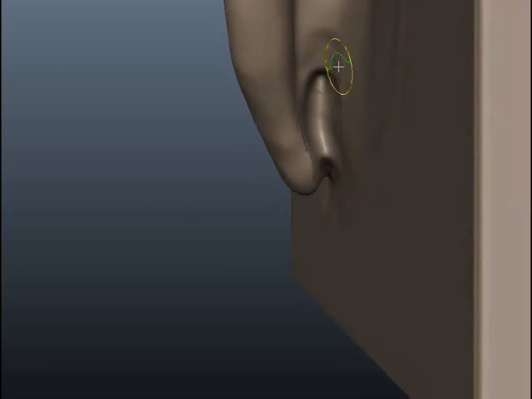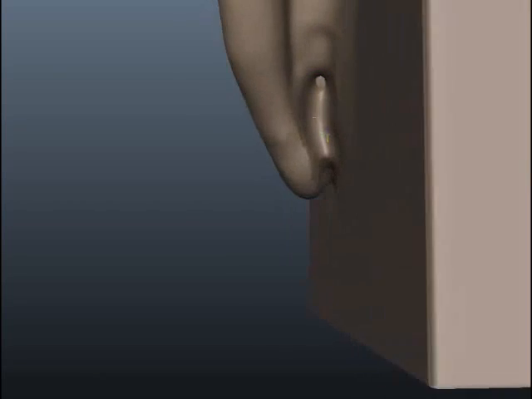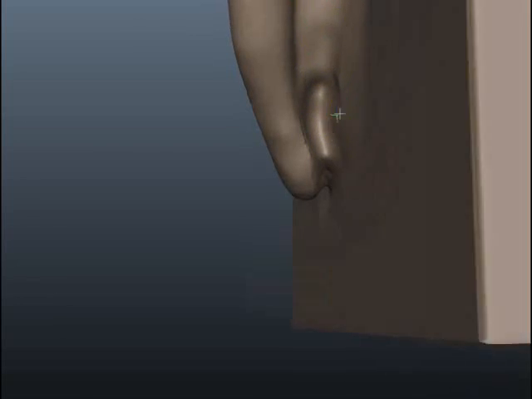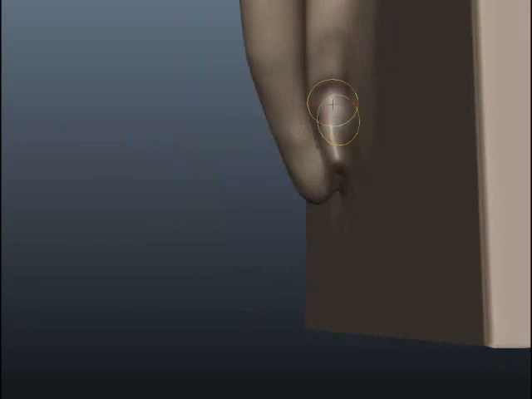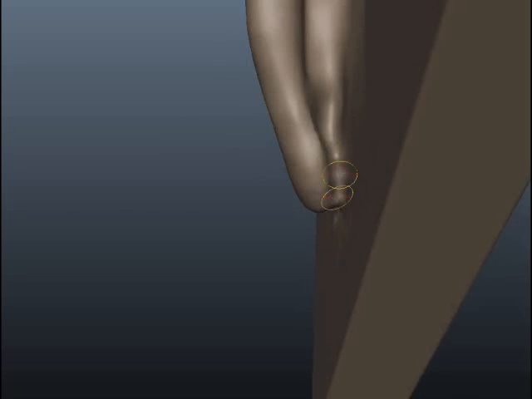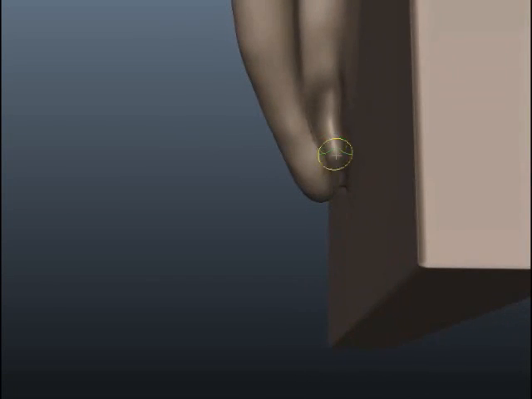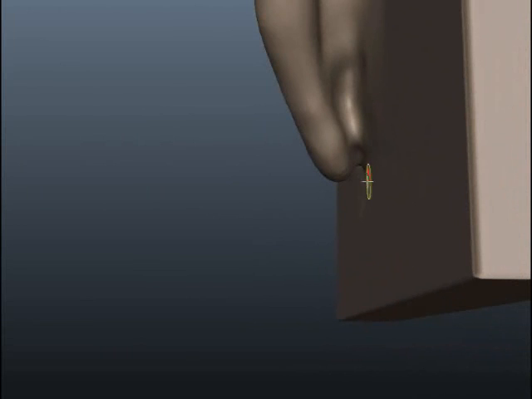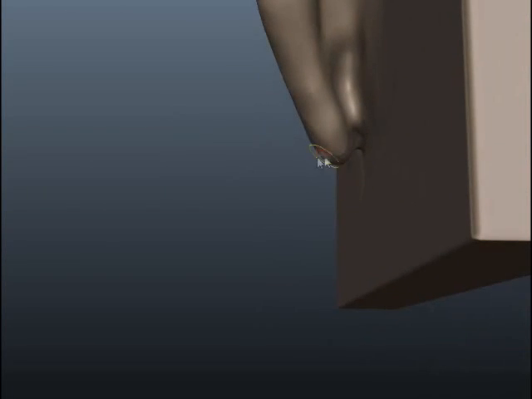If you look behind your own ear, well, you can't look behind your own ear, or look at the back of the ear of a friend or family member of yours, you can see that behind the earlobe you actually have a deeper spot, and